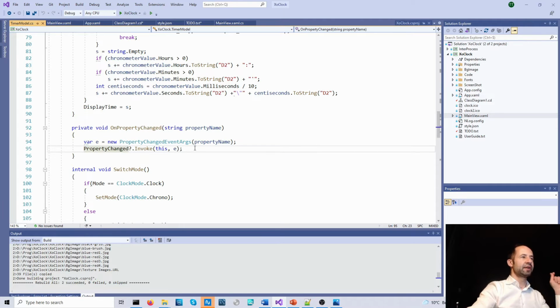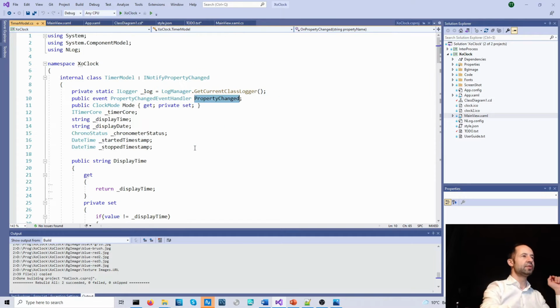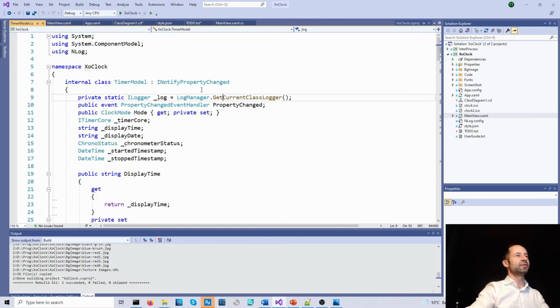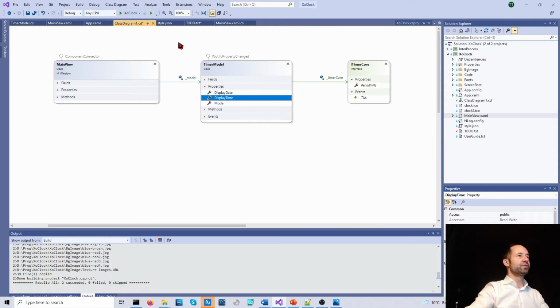This is in fact coming from the eNotify property changed interface. So we see that this timer model is implementing the eNotify property changed interface, which is shown here by this little lollipop.